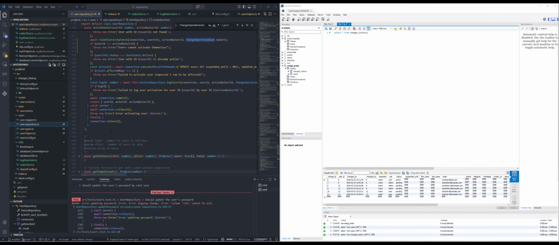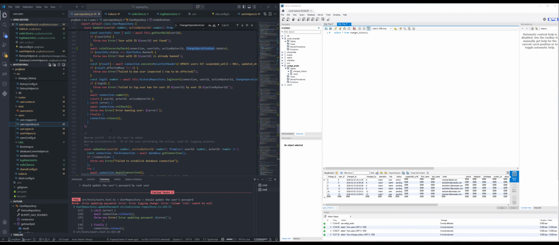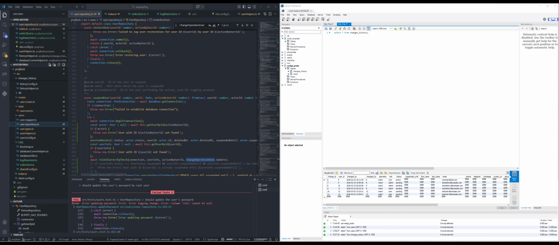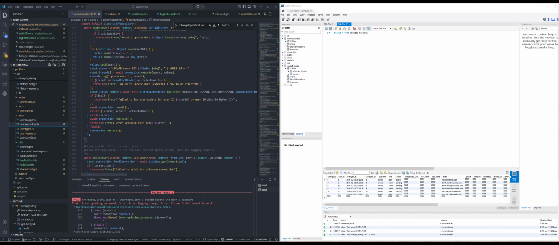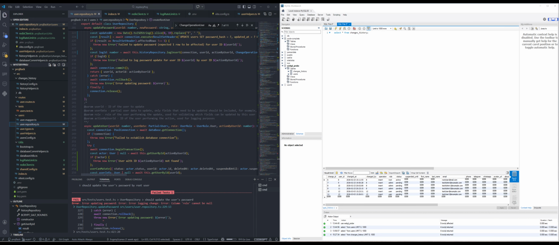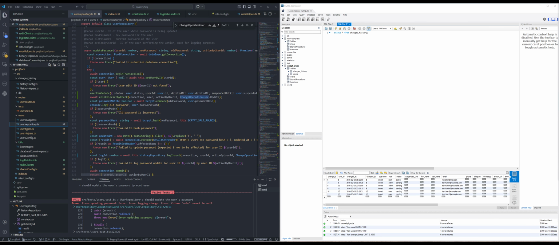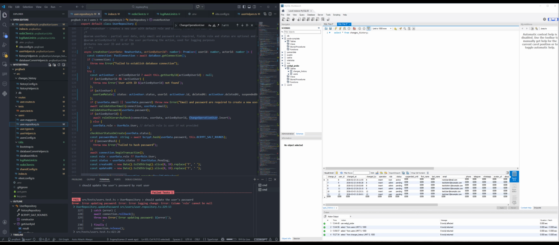Create not root user, delete user, update user, update password, create user. So if we have action by user,